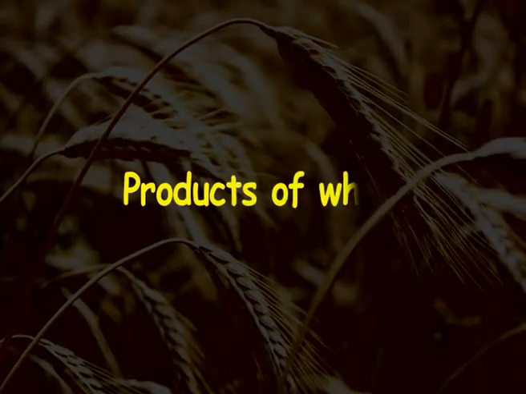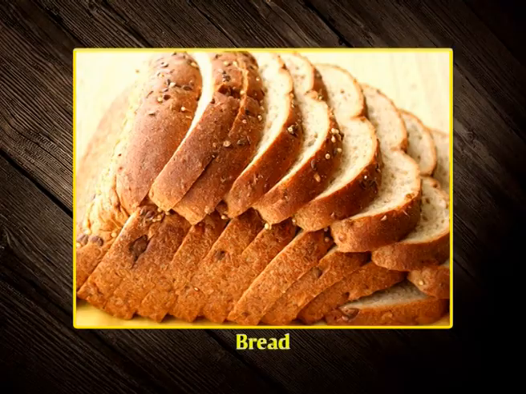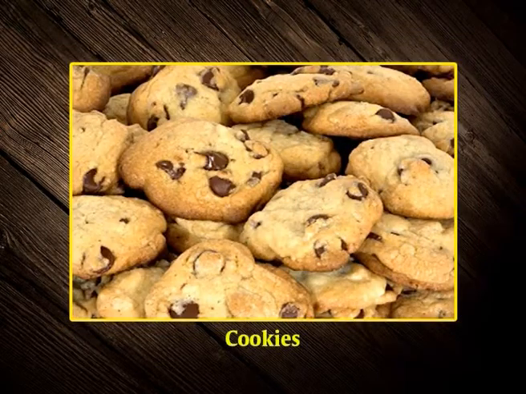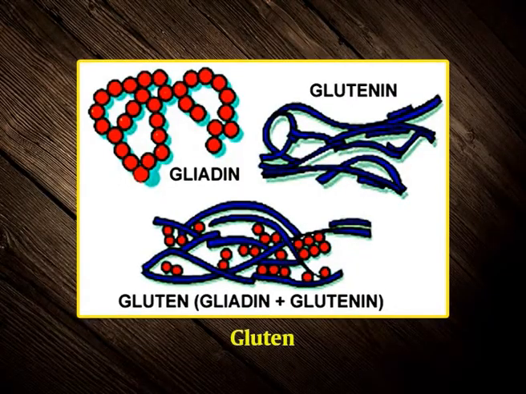Products of wheat. Wheats which have a high protein content, 12 to 14%, are called strong wheat or hard wheat and are generally used to produce bread, whereas those which have low protein content, 8 to 11%, are called soft wheat or weak wheat and are generally used for making biscuits, cookies, and cakes. Hard flour or bread flour is high in gluten and has an elastic toughness that holds its shape well once baked. Soft flour is comparatively low in gluten and so results in a finer or crumbly texture.